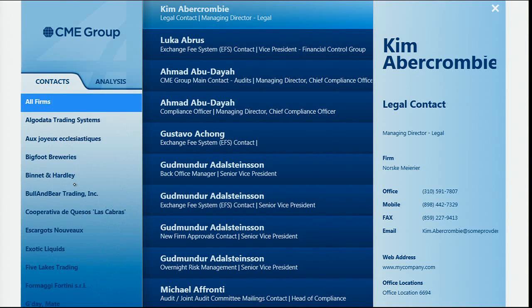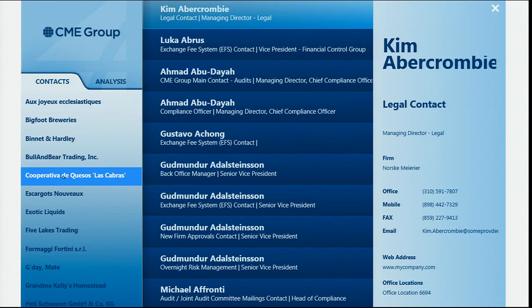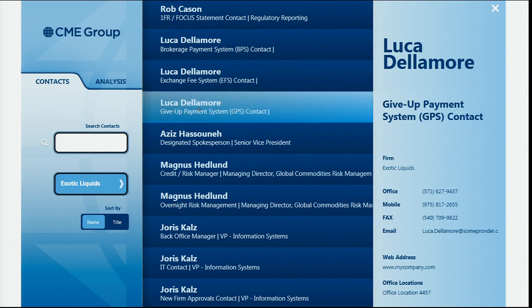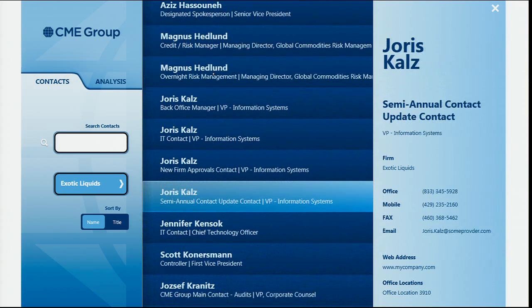They have a whole bunch of firms that trade with them. These names are obfuscated. I think they came out of AdventureWorks or something. These aren't the real names of people and places. But in meetings a lot, they want to quickly look up somebody's contact info, find out who is the person I need to talk about this situation with, what's their email address or phone number, can I quickly get that information? And so this screen is just a